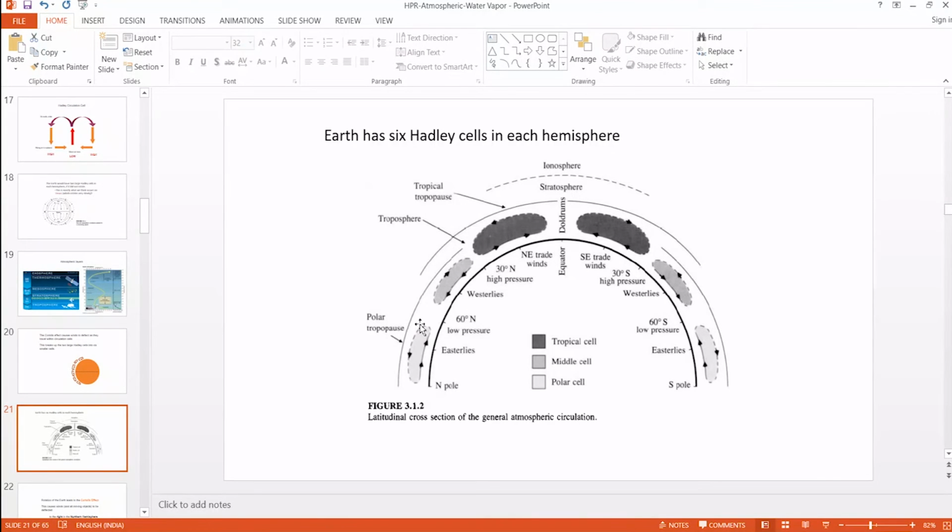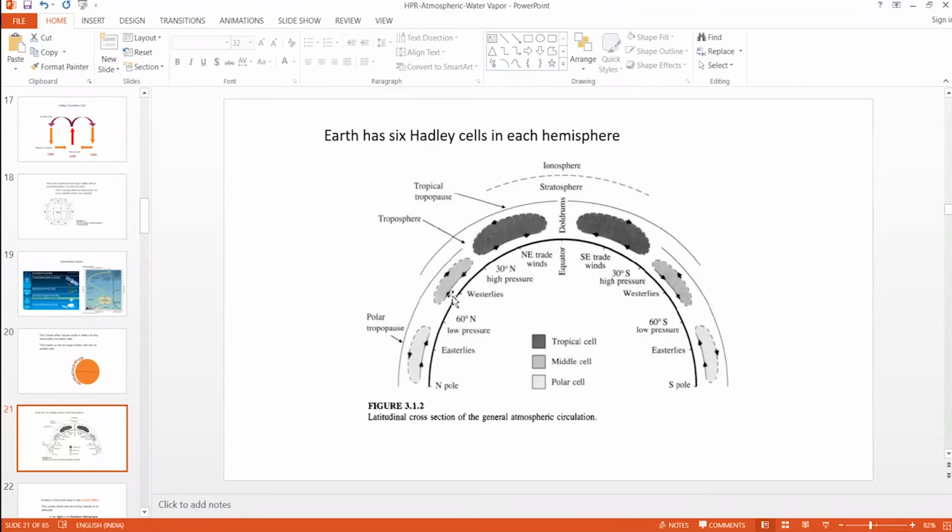It is lifted up, and then again it goes to the poles. Because it decreases its energy, it lands again near the pole. Then near the land, it blows toward the equator. So these two are the main driving cells, because of low pressure and high pressure, as well as temperature gradients. In between, there's another cell.